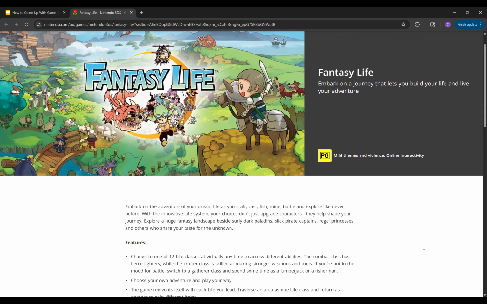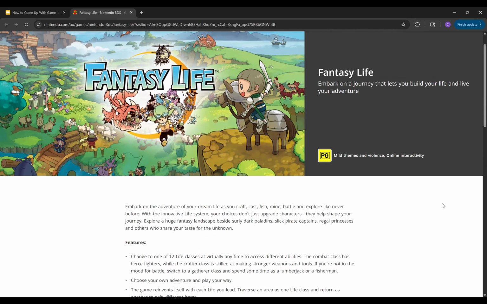different jobs or fields that you can work in, right? And it can be things like a fisher, a hunter, a cook. What are some of the other ones? Like a blacksmith and things like that. And you can get to play all of those different jobs in advance as you go through the game.